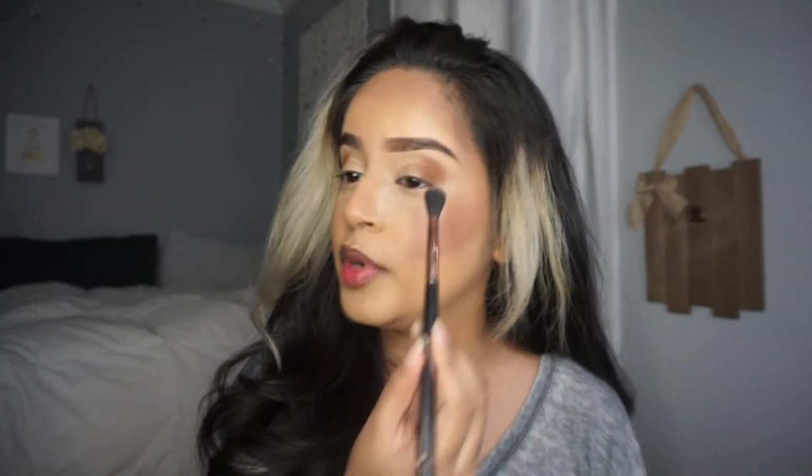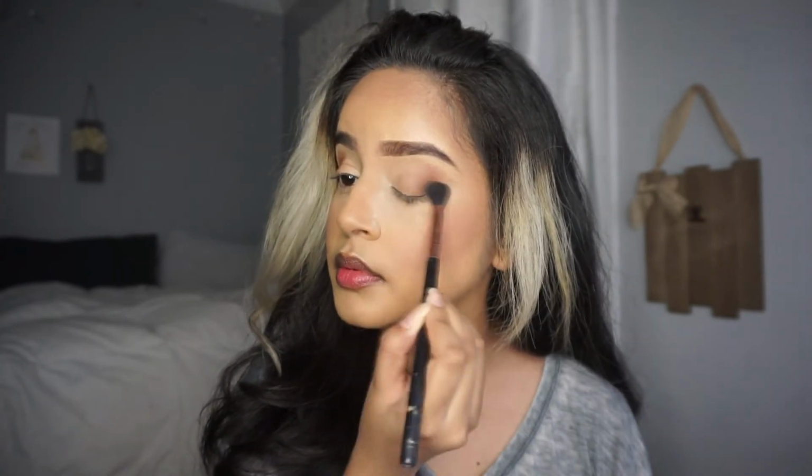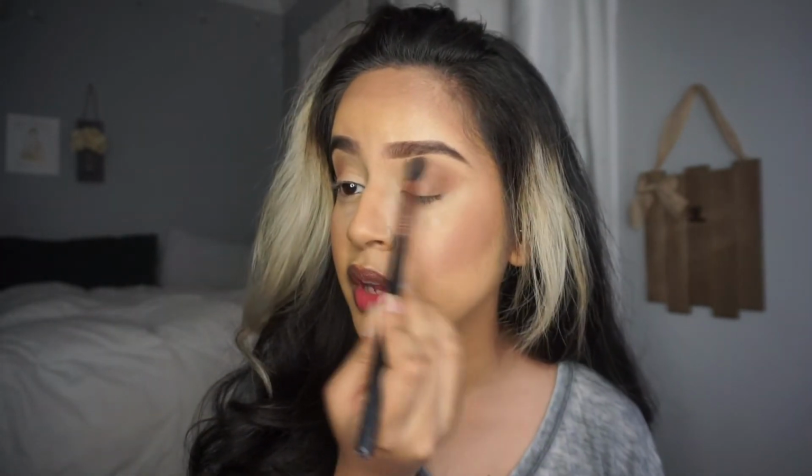Go in with a fluffy brush, you're just gonna fluff it out. Going with the fluffy brush, it really just softens everything a lot more. So now the eyeshadow is very soft. So you can play with it. You can add more if you like, make it a little bit darker, or you can keep brushing it out, make it really soft. But I'm going for a really soft look, so I'm just